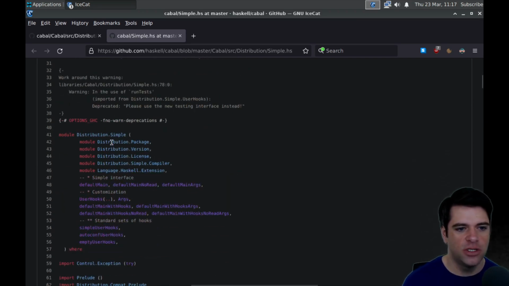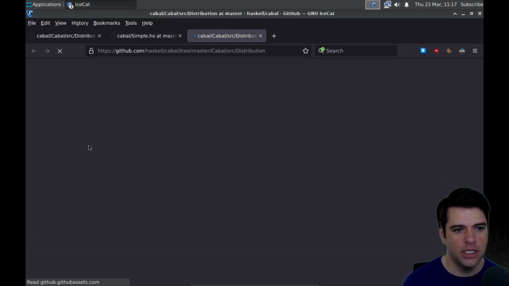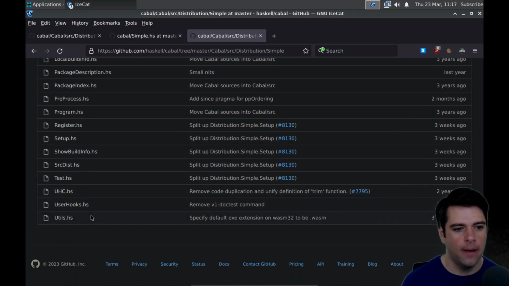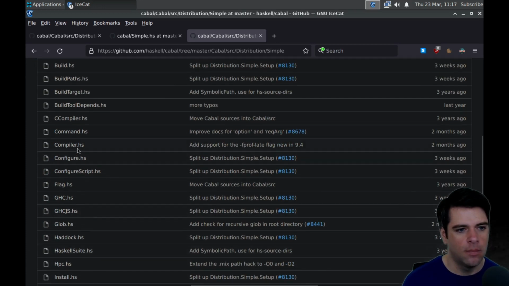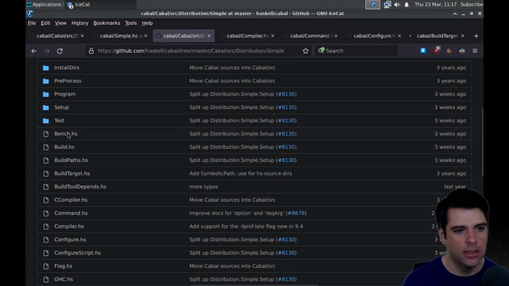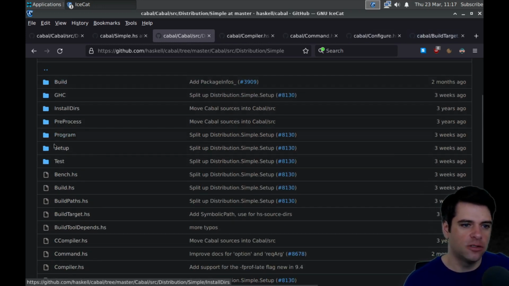Okay, so Distribution.Simple, we've got Package. These are the exports: package, version, license, compiler. I think there's a Simple directory, right? Let's at least open this Simple directory. Yeah, look at that. Okay. We'll look at Compiler and Command and Configure and Build Target. Test, Setup, Program, Preprocess, Installers.